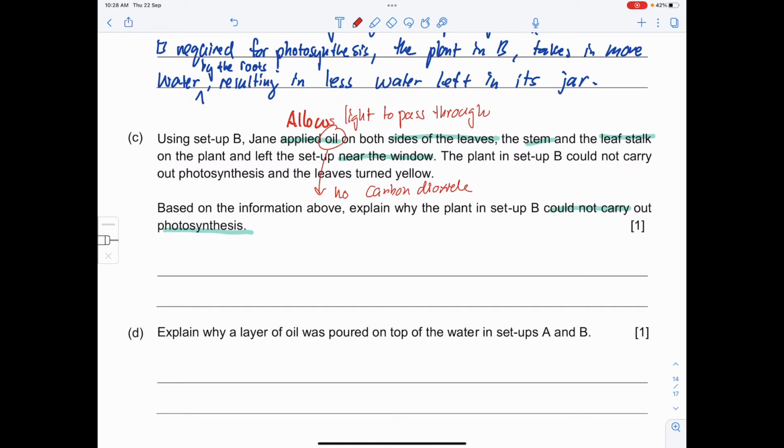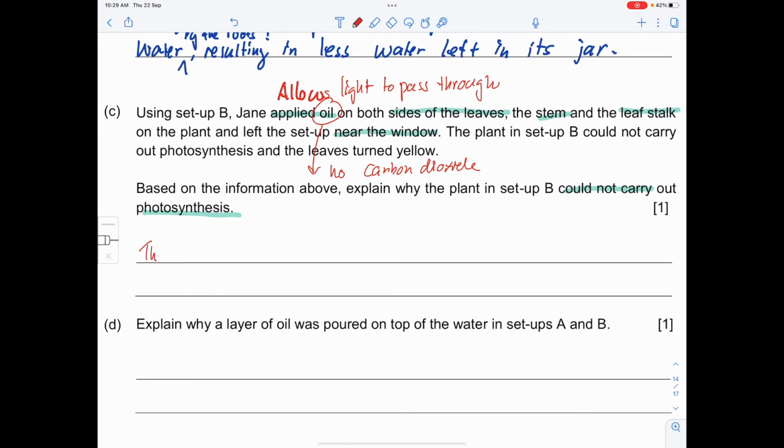Now, when you state that the function of stomata is for gaseous exchange, it is not good enough. You have to tell me for what. So you have to say the stomata takes in carbon dioxide for photosynthesis, and it also takes in oxygen for respiration when the plant is not photosynthesizing. Okay? Alright? So you need to first mention that the stomata